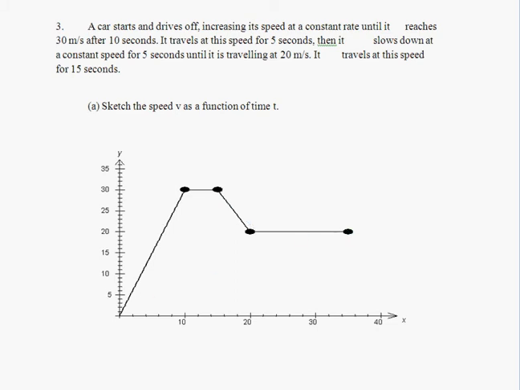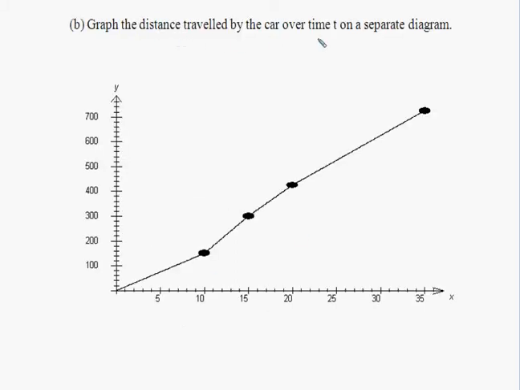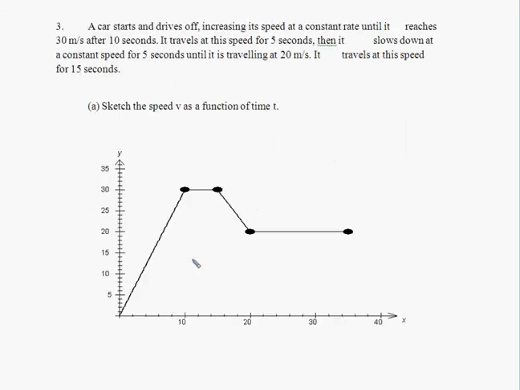If we want to look at the distance travelled by the car on a separate diagram, in the first 10 seconds it travels that far, and you can see the numbers. After 15 seconds it's travelled 300 meters, then 400, then 500, and 700 all up. The way we do that is to break it down and look at our areas under the curve, because the area under the curve will give us